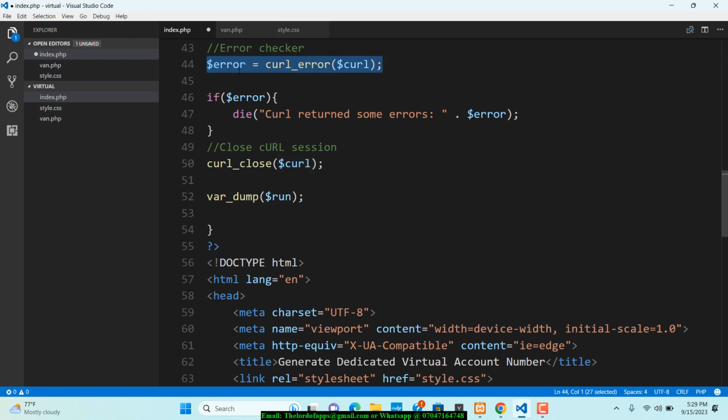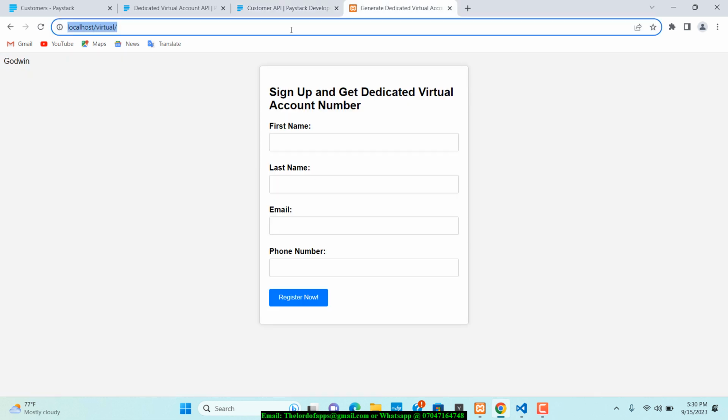So we first of all created an error variable. If we have any errors, we're going to use this particular function to catch the error and put that in a variable. And we are checking that if the error is actually set, we kill the page and then print out whatever the error is right here. And after that, we have to close the curl session, and here is just to var_dump whatever result that is. So if I save this page right now and we go back to our browser, refresh this page,